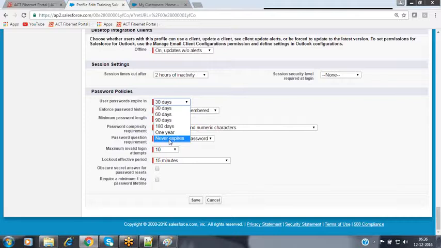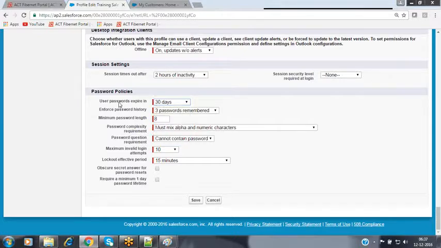But for a few applications, like a banking application, for every 3 months or every 2 months it will ask you to change the password. In real-time implementations, when you go to an organization, they will allocate a system to you, and you have to change that system password every 30 days or 45 days. It keeps reminding you whenever you log into the system: your password will expire in 2 days, in 4 days, in 5 days. Please change the password, in order to maintain better confidentiality and security for your data.